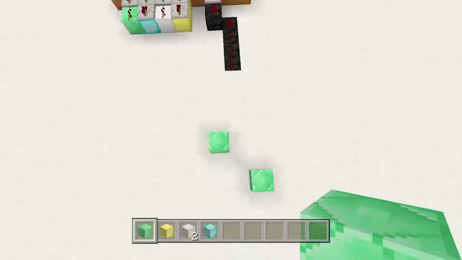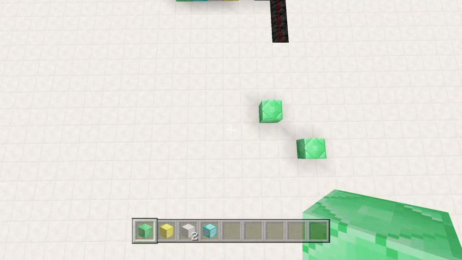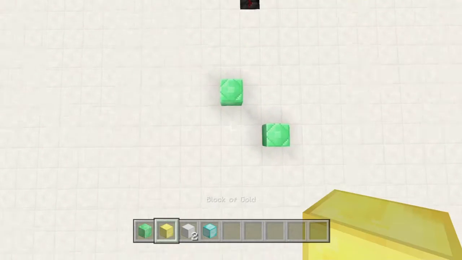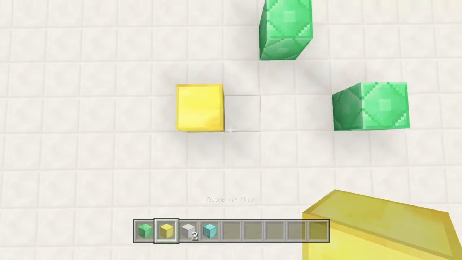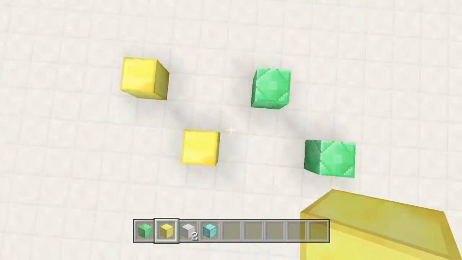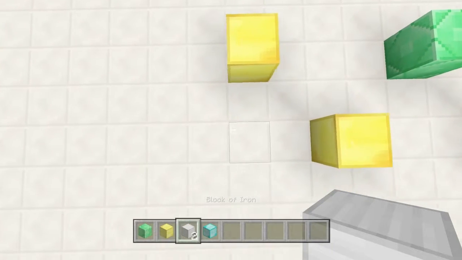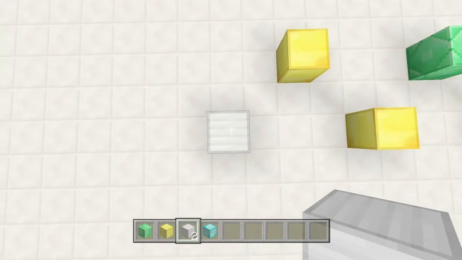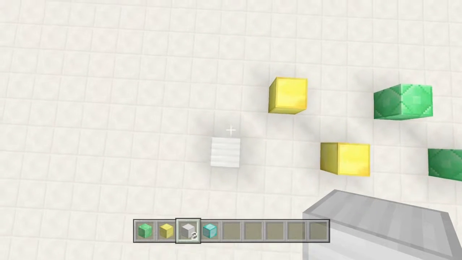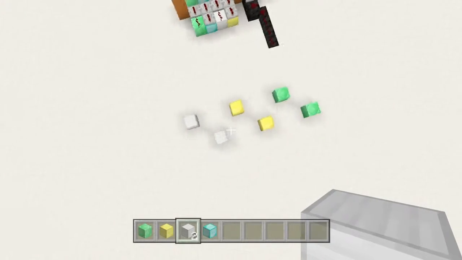It's important you look at these as separate mechanisms, even though they are so close to each other. Then choose your next one, which is going to be gold for me. So I'm just going to go there like that, and then up like that. So now we actually have 2 bases of our NOR latch, and then from here go with your next block. If you're doing it in creative and you have these resources, then I recommend doing this, but if you're doing it in survival, then preferably not. So there you have 3 of your NOR latches,